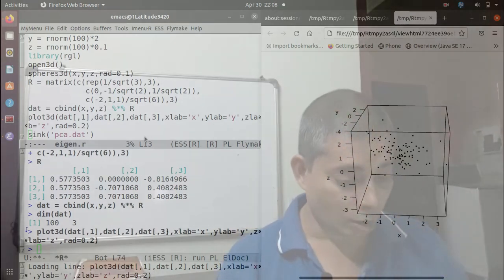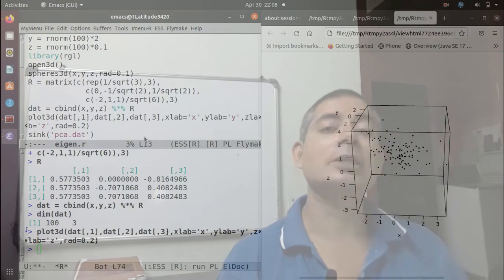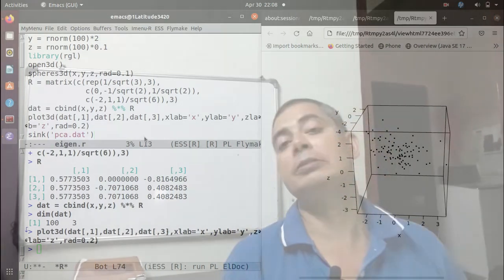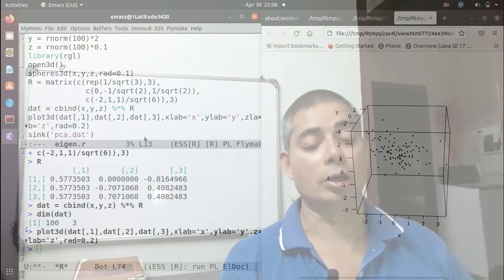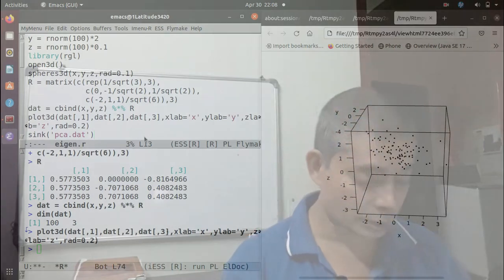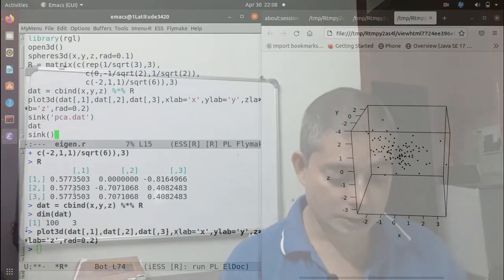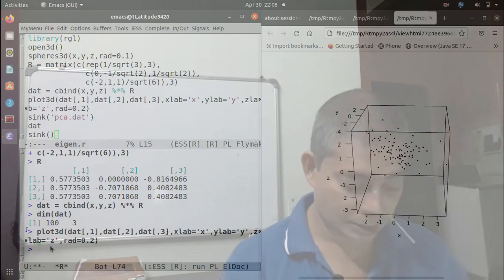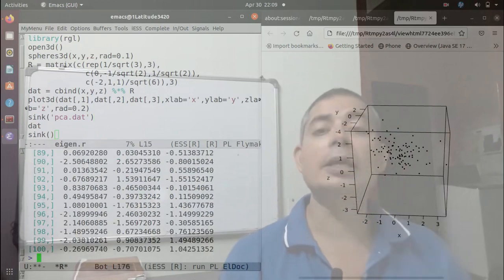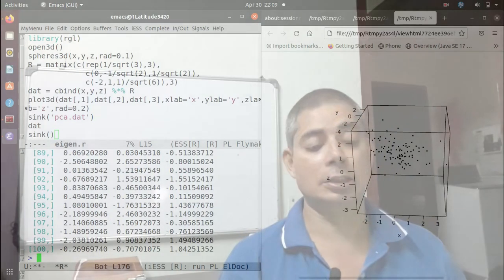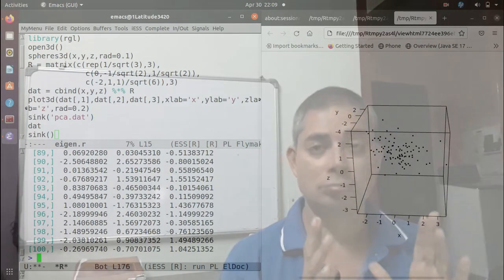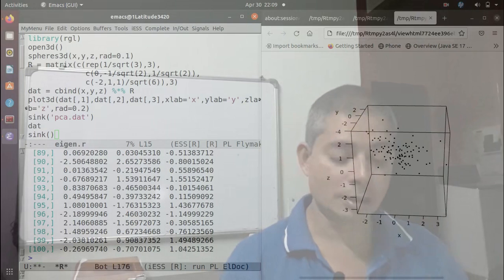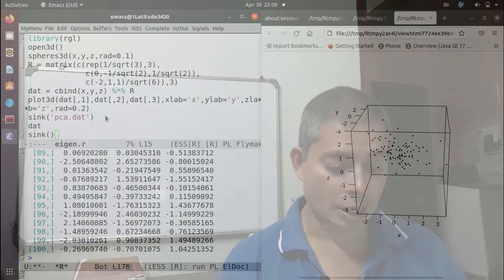Okay, that's basically all. Now I want to save this data set into a file so that in the next video I can load it and work with it, or I can share it with others. Now the data set resides in the variable called dat. If I just type dat at the prompt, I will get the entire data. Now I want to send this thing from the screen to some file, and the way to do that in R is to use the